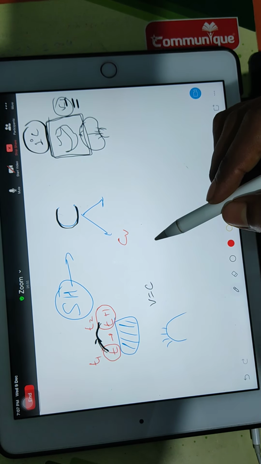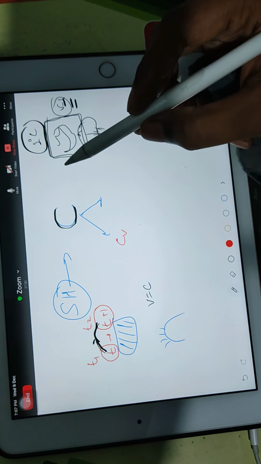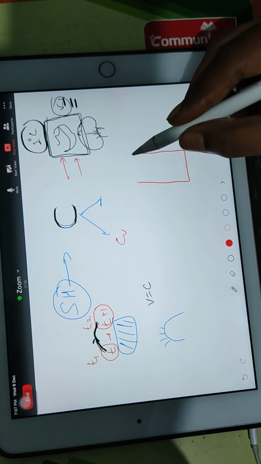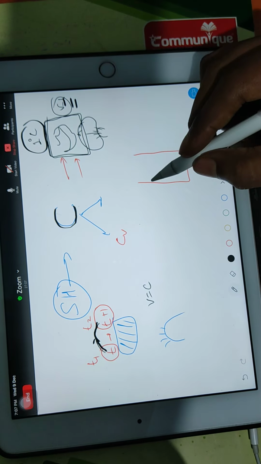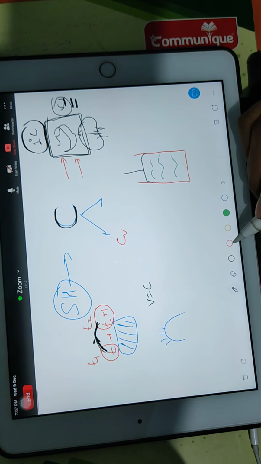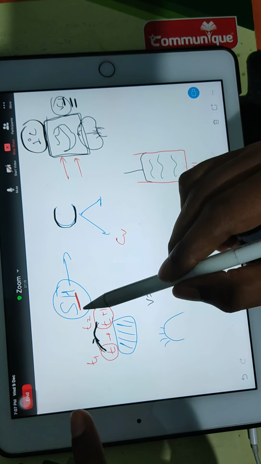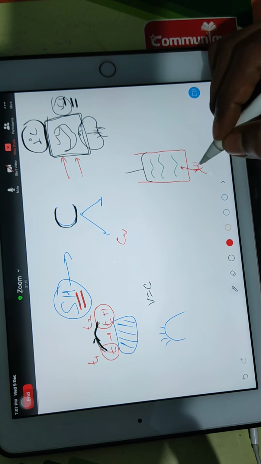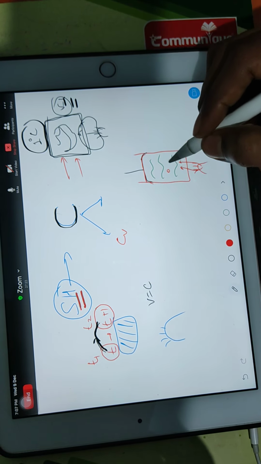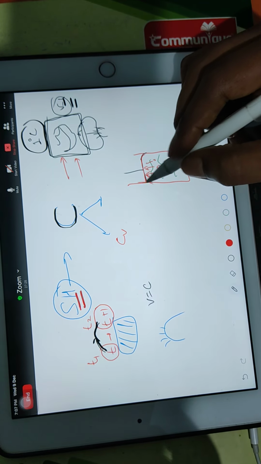But if you are doing the same thing at constant pressure, let's understand what that means. In this example, you can't understand that one, so we have to change the example. Take a cylinder. In that cylinder, you apply a piston and you keep some gas here and now heat it. Why heat? Because we are bothering about specific heat. So heat will start entering into the system. Then what will happen? The energy of the molecules will increase and they will hit the piston. So the piston will go up.